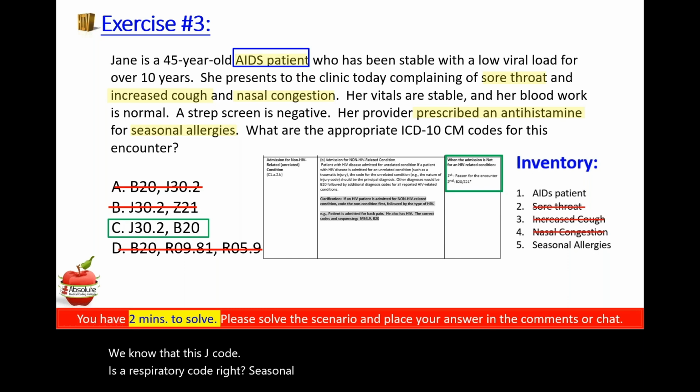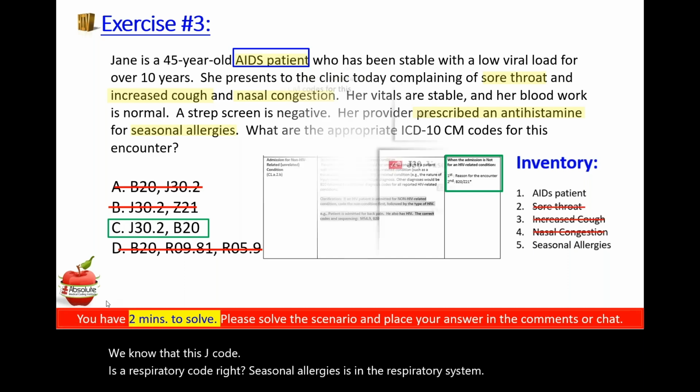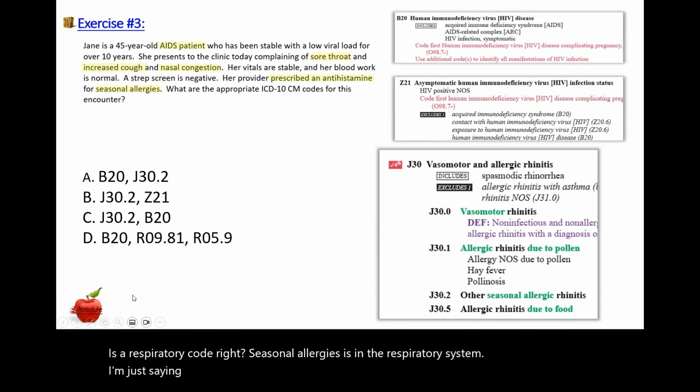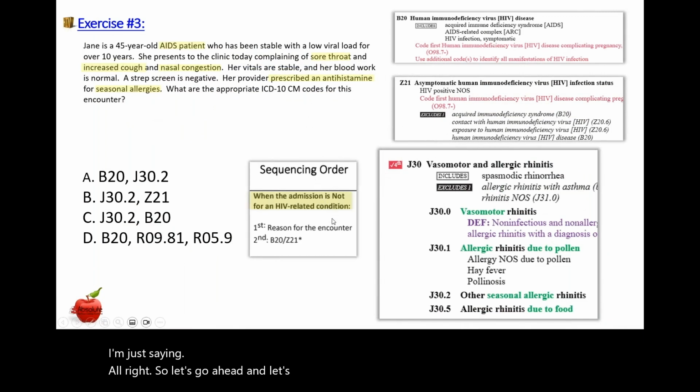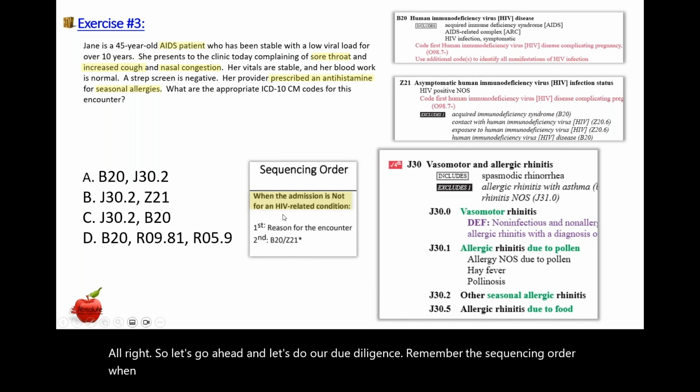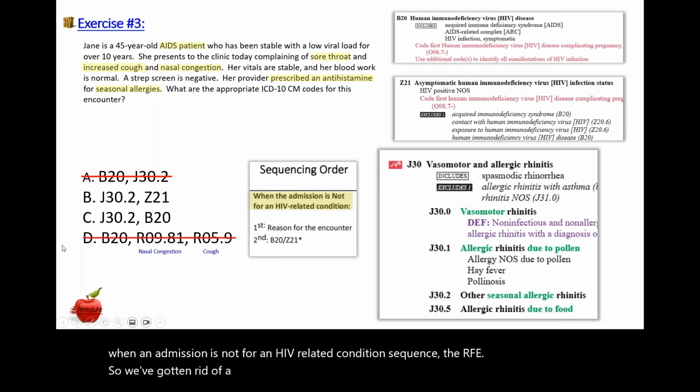Seasonal allergies is in the respiratory system. I'm just saying. All right, so let's go ahead and do our due diligence. Remember the sequencing order: when an admission is not for an HIV related condition, sequence the RFE. So we've gotten rid of A and D